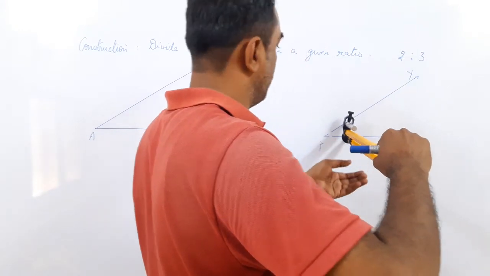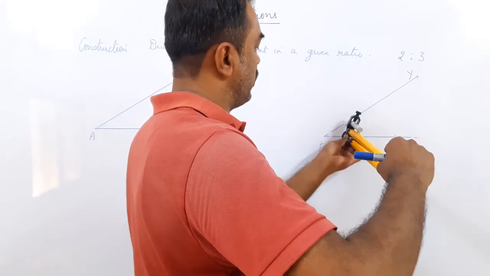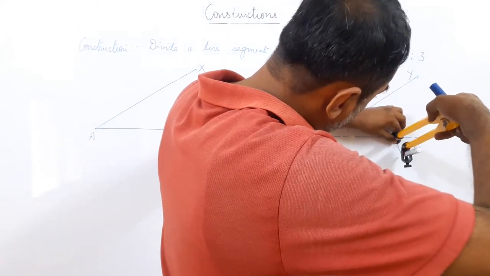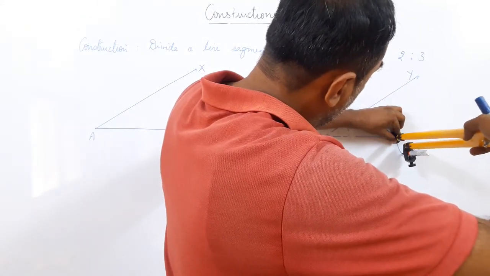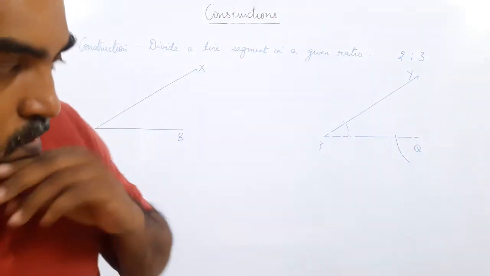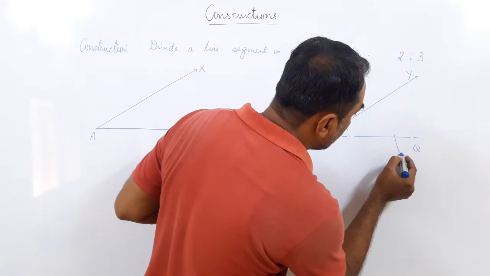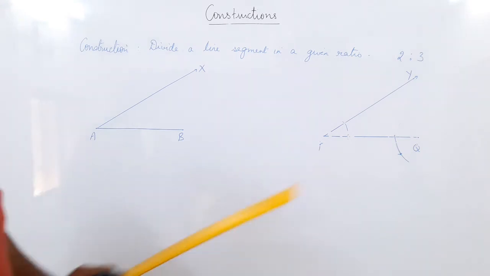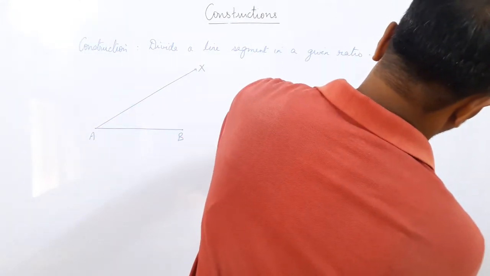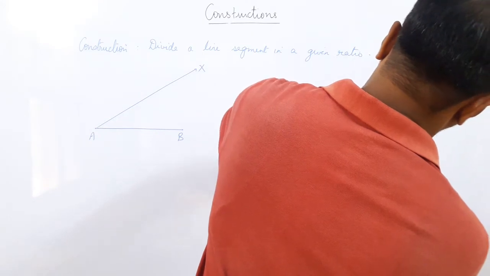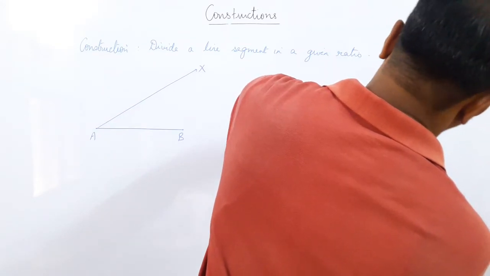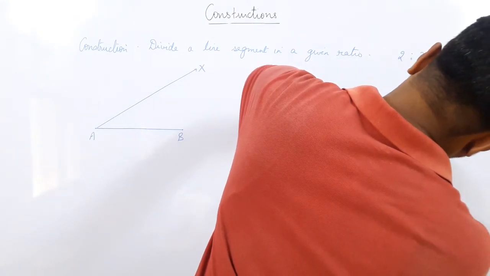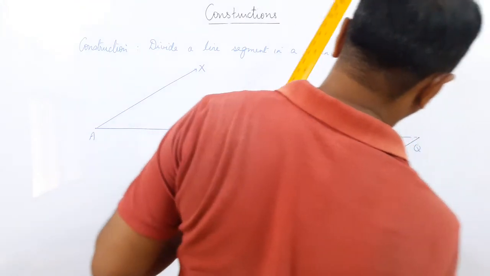This is where these 2 points meet. Can you see I'm measuring? This is where the 2 points meet. So, from the point Q, I'm going to do the same thing. This is the measure. So, I got this cut here. Okay, so this is the point I got, this is the point I had. Actually the construction is not up to the mark, but this is how I get a parallel line.